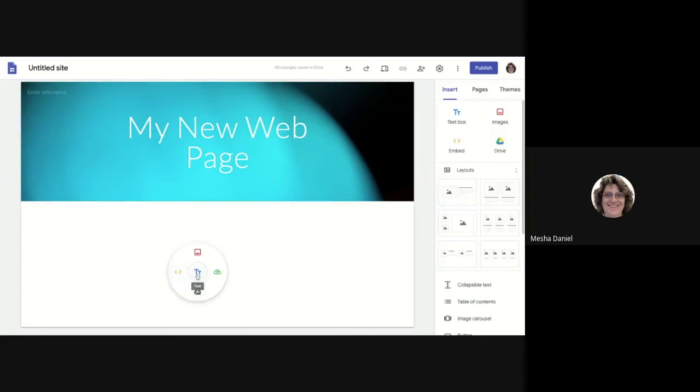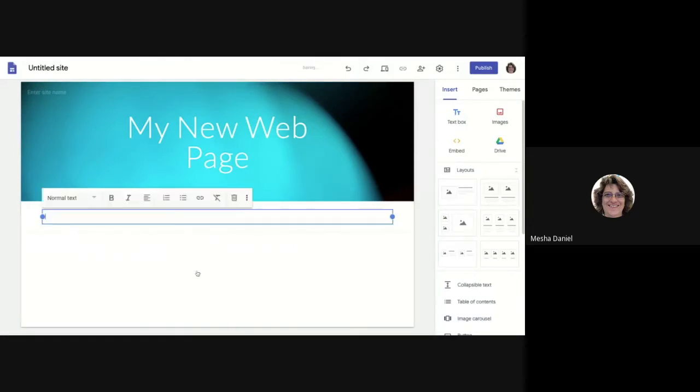But we're going to start here with looking at text. And you're going to see that these same options are also right up here. Okay, so under the insert, you have these options here, or if you double click in the white space, you will also get those options. Okay, so there's a whole bunch of different ways that you can start adding content to your page. I'm just going to add some text,